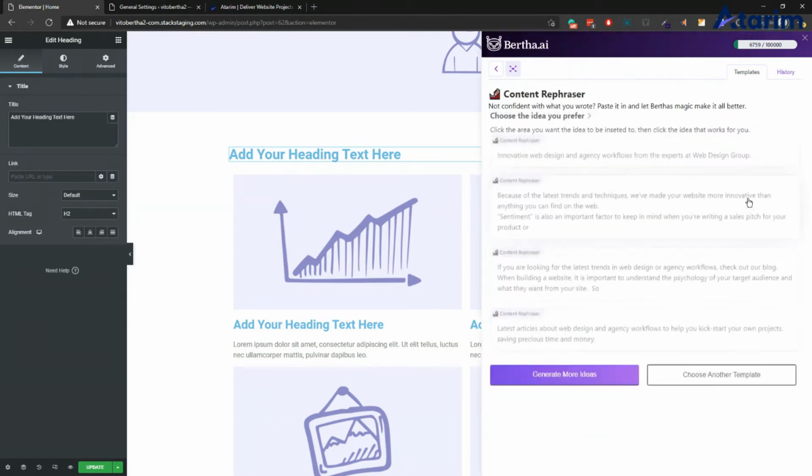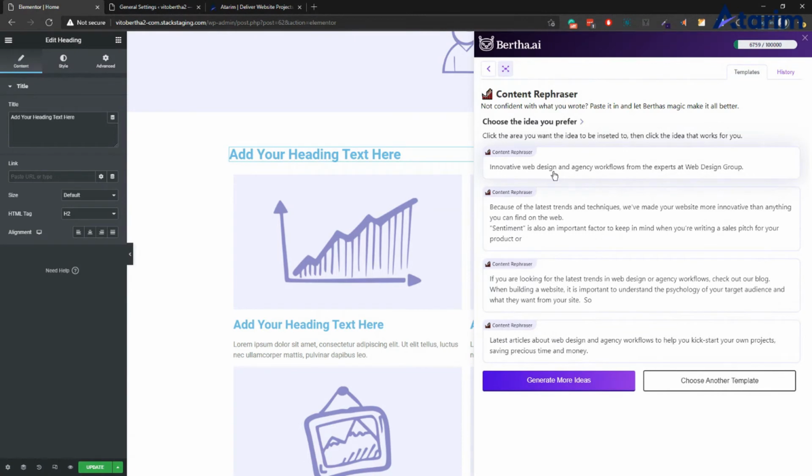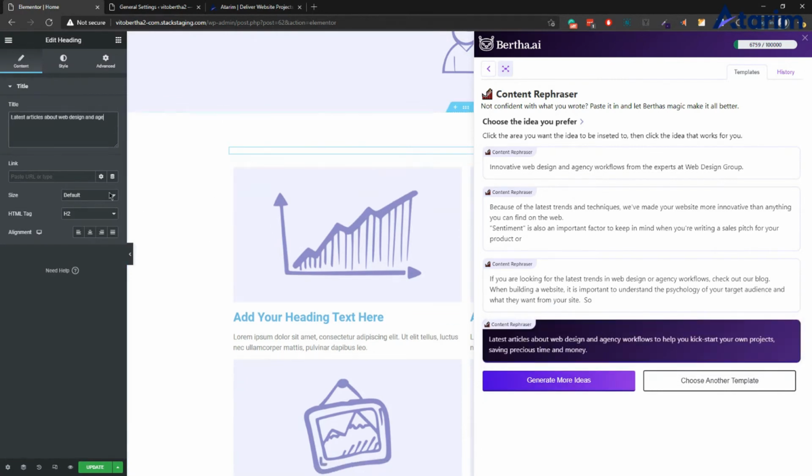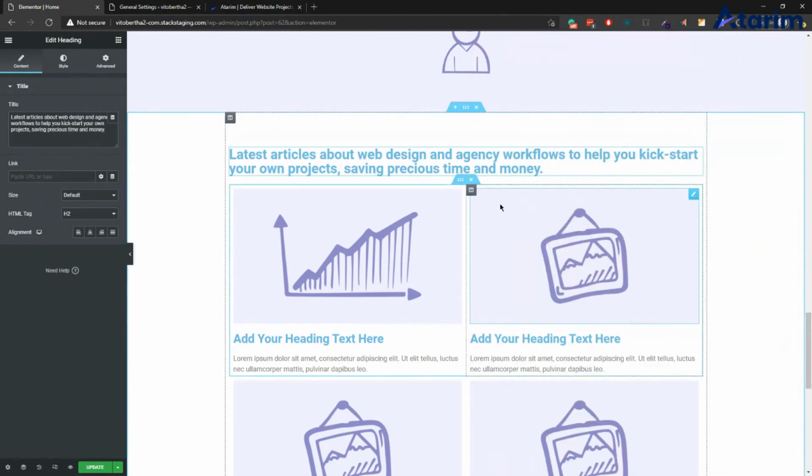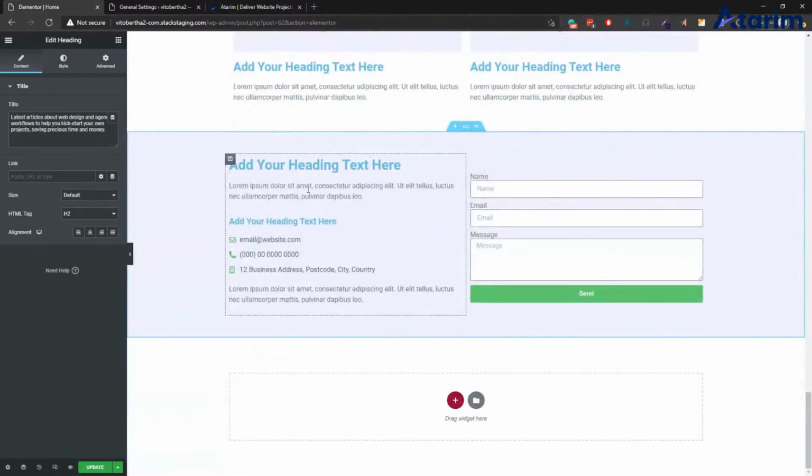See what we're getting here. Innovative web design agency workflows from experts at Web Design Group. Latest articles about web design or agency workflow to help you kickstart your own projects, saving precious time and money. I love that. Okay, great. So we have our blog area title. And finally, we have a bit of a call to action